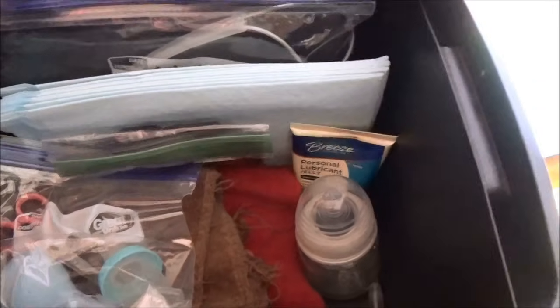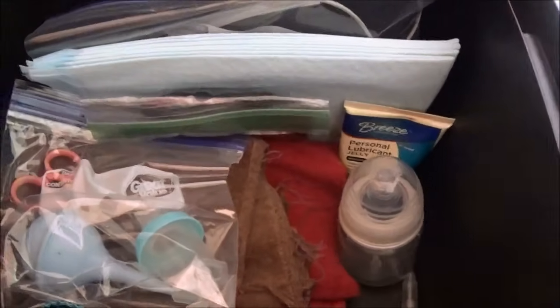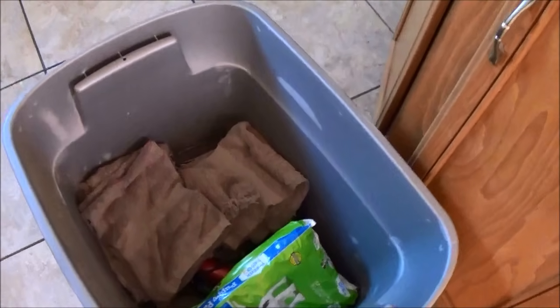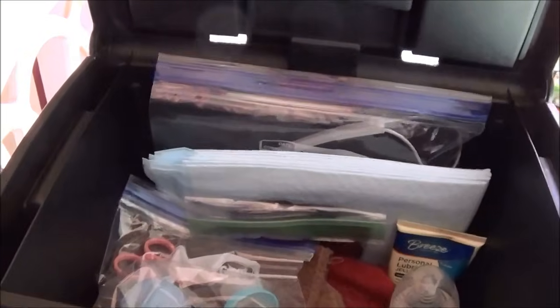My kit is complete, and I usually have this sitting by the back door and ready to go. This is my bigger kit, and I usually have extra towels, puppy pads, but I also have a blow dryer in there. And the blow dryer will make its way into my smaller kit eventually. Once I get everything set up, I will put the blow dryer in here just because it is really